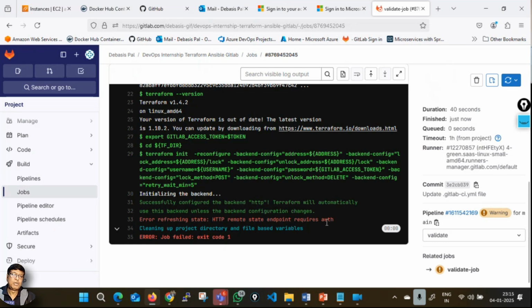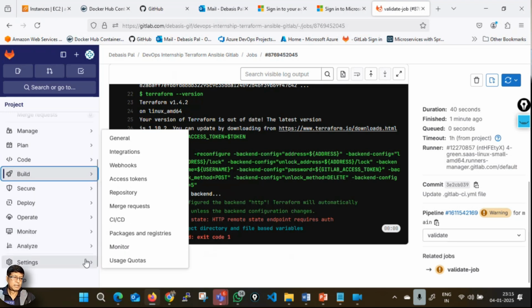So it went to authentication, which means lots of things. Auth. It is not only authentication, it is authorization as well. So your authentication was done because you had the variables for your IAM user access credentials, access key and secret access key. Both were there. What was not there was the project access token. I know the error, so I will